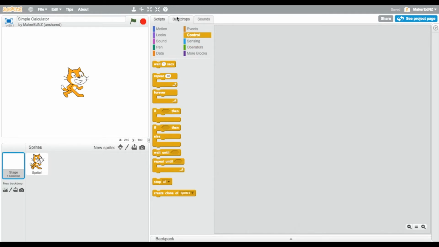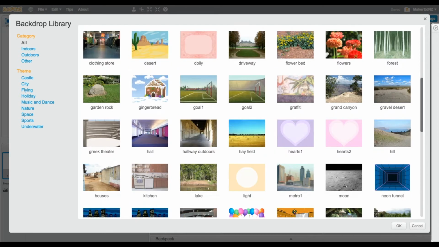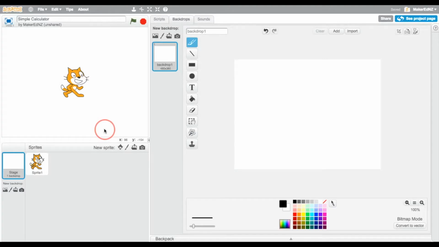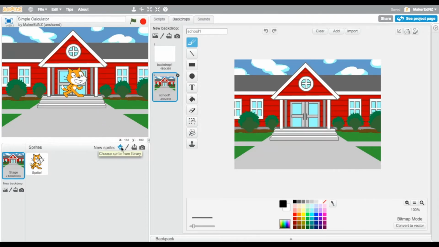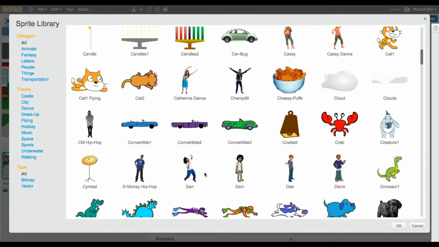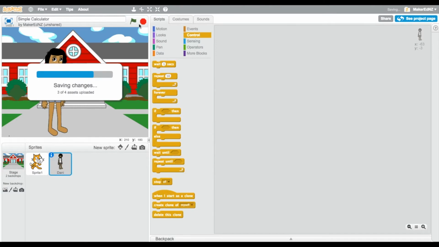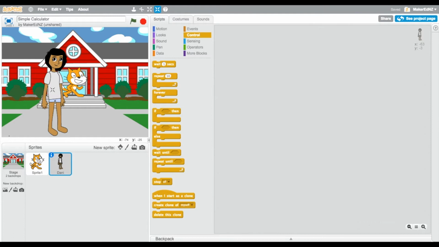Let's switch the backdrop first. It's important that we pick a backdrop that has something to do with what our program is about so that it doesn't distract from the function, that is, what our program is meant to do. I'm going to pick a school here. I'm also going to change the sprite because it's nice to have different people on there. So I'm going to pick Danny here. And Danny's a bit big, so I'm going to use this tool up here after Danny loads to make Danny a bit smaller. That's a bit better. And let's get rid of